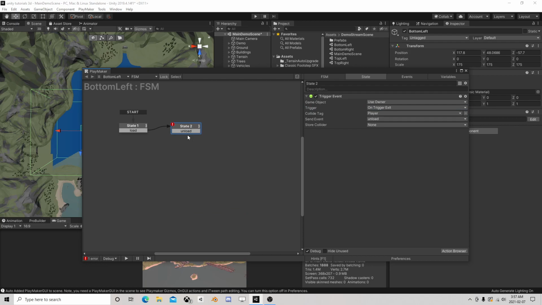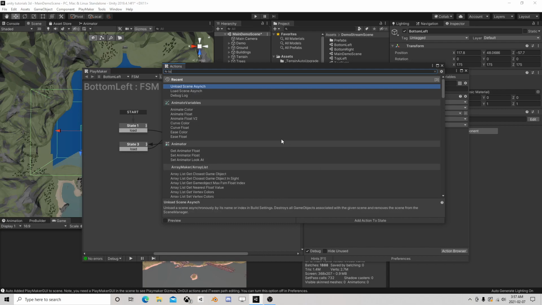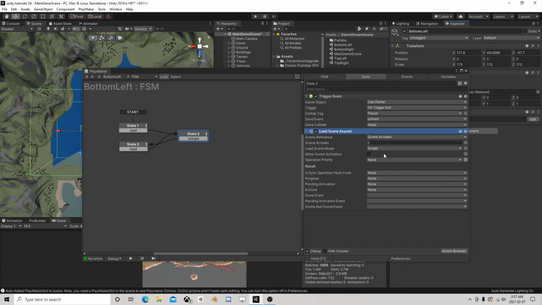Now I don't want to just go back over here like this. I do that sometimes for sure, but not in this situation. I want to actually come down to here, and then this is going to go up to here. And that's because we don't want the scene to load on the start. We're just looking for the trigger. Right, so we have enter and exit. So when we load, we need to load scene, and we can use an index,